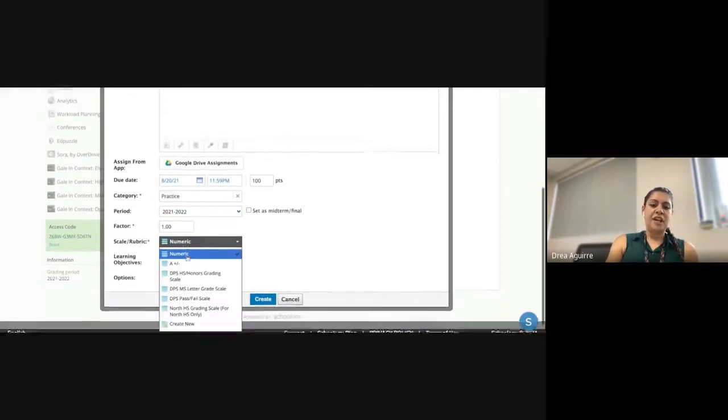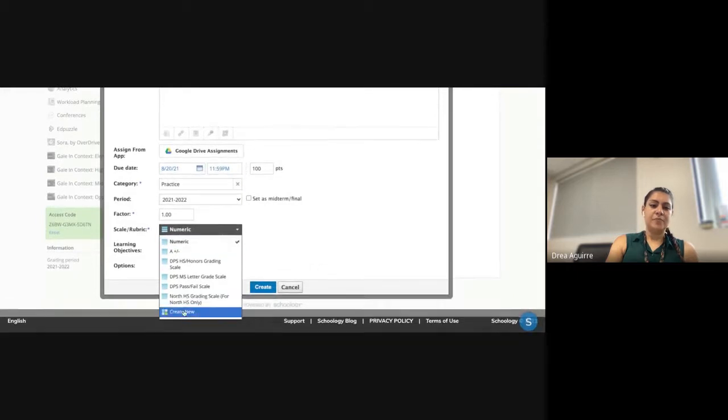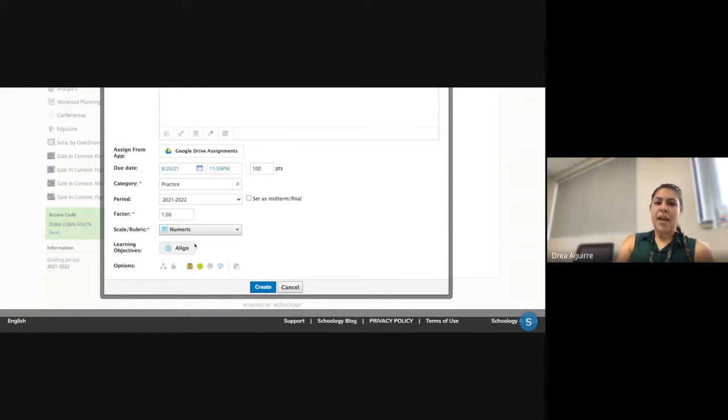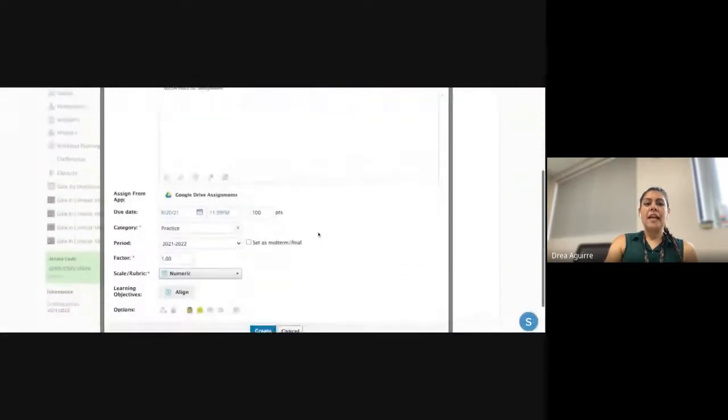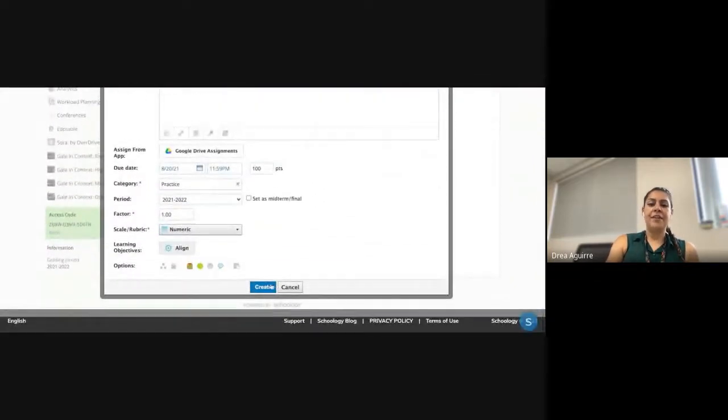And then again, I can adjust my scale or rubric here. So I can create a rubric right from the assignment if I want to. And then if I want to align learning objectives, I can align learning objectives. So if I just leave my assignment like this,